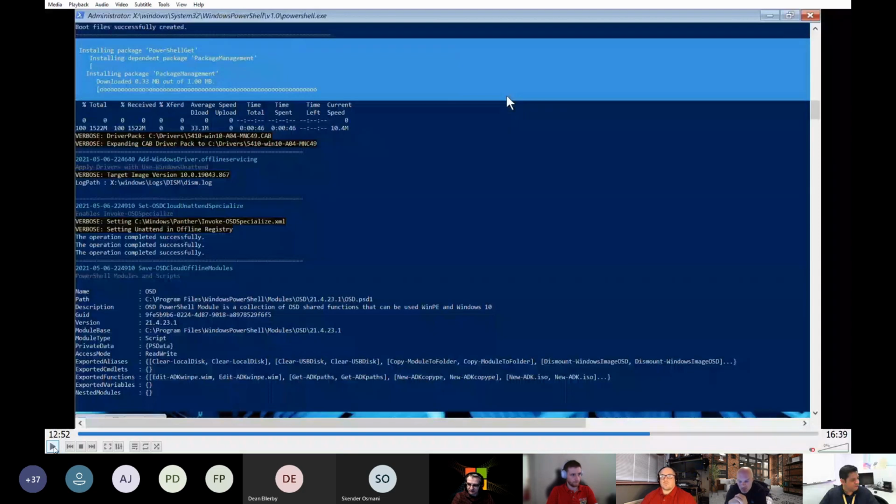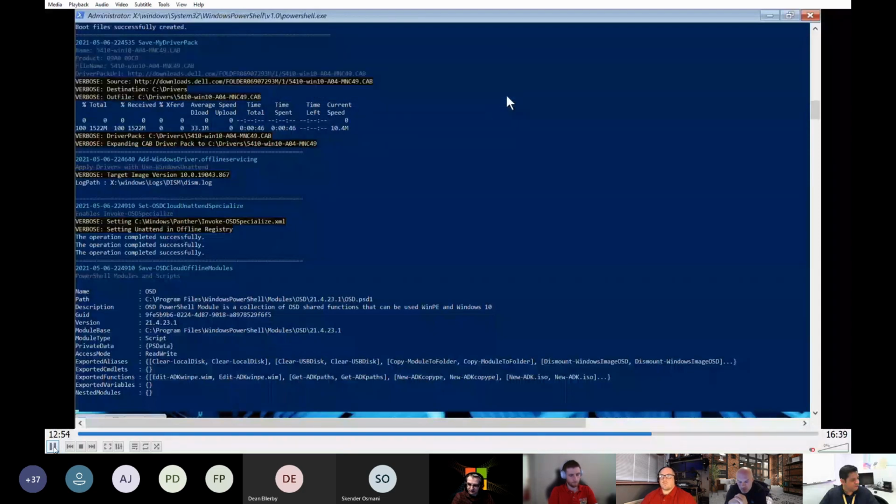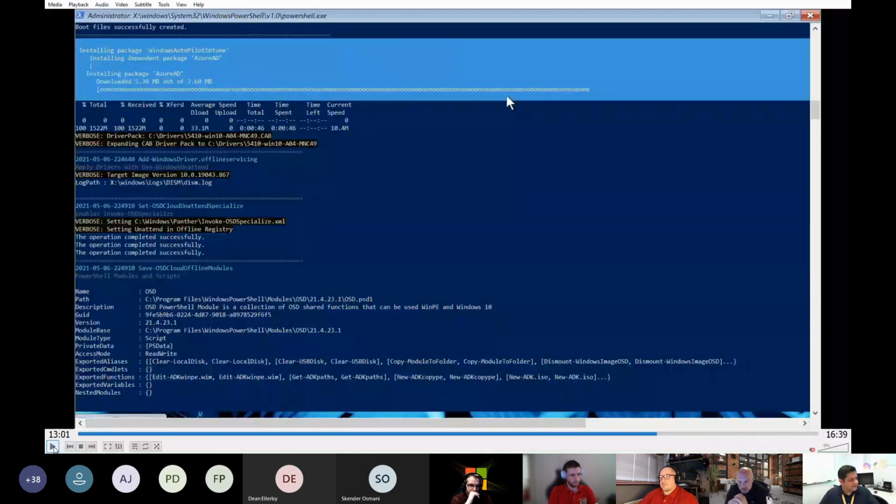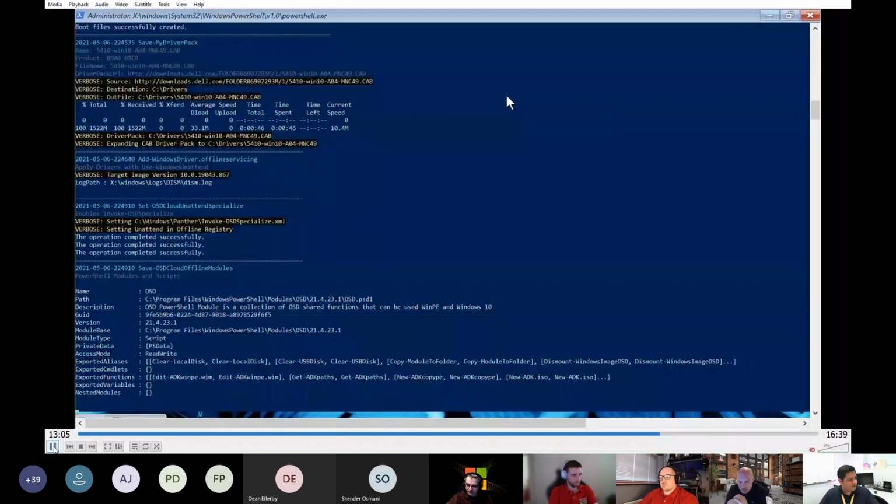And we should have one more. Windows Autopilot Intune, which includes Azure AD. And so these are all being installed in the offline OS, Graph Intune, and then finally the script, which went real quick, Get-WindowsAutopilotInfo, Michael Niehaus's script.